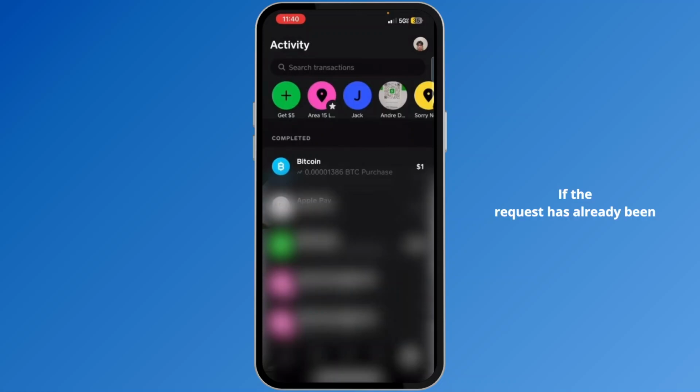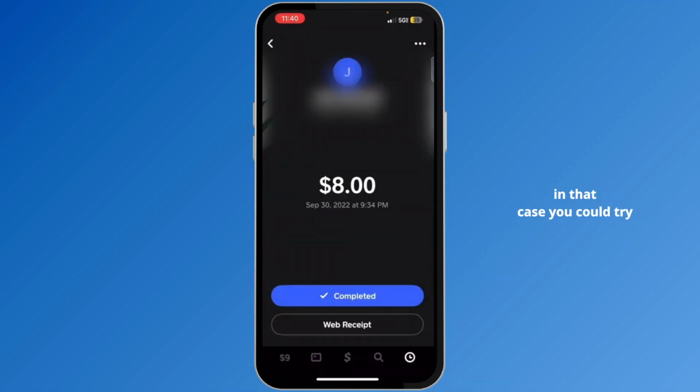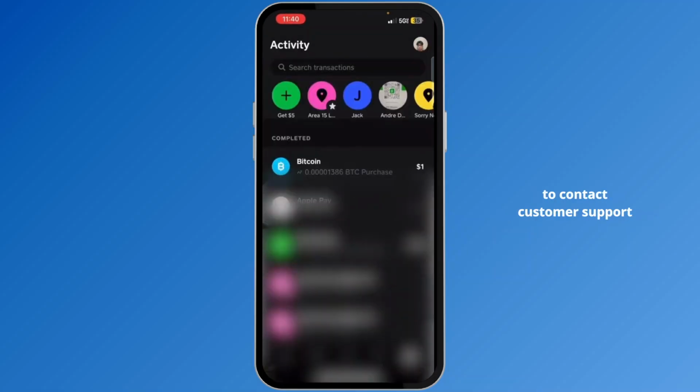If the request has already been delivered and has already been completed, then there is no way that you can get the refund back. So in that case, what you need to do is simply make sure that your refund request is on pending. But if the time period has already passed, in that case, you could try to contact